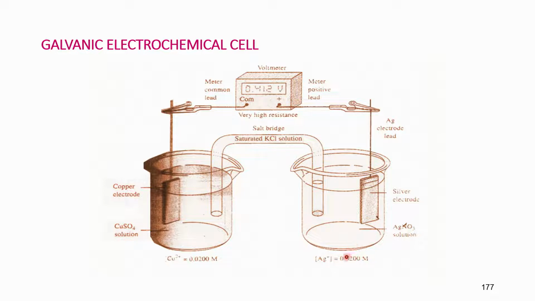Here it is silver nitrate solution, and here it is copper nitrate solution. If I make a solution of one of the ions which is common to both, then the electrical contact can be established using a salt bridge. That is the salt bridge for you, and the use of salt bridges is quite common in all electrochemical potentiometric techniques. So, this is a typical system.